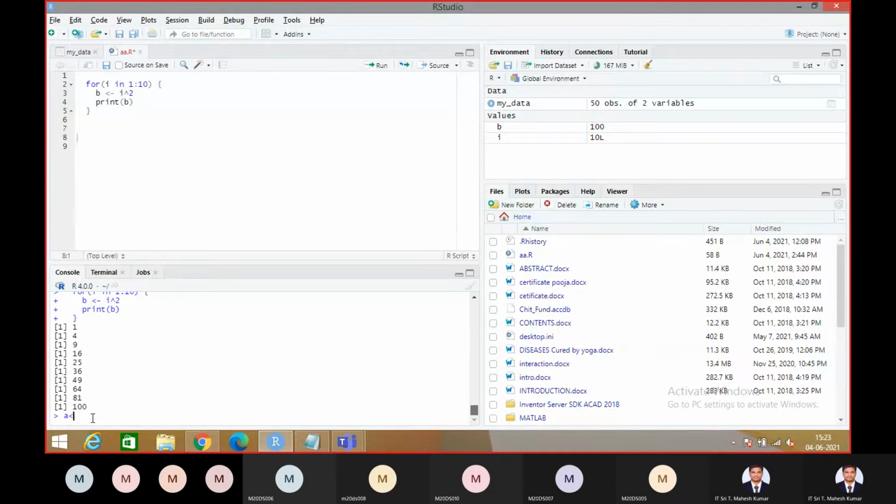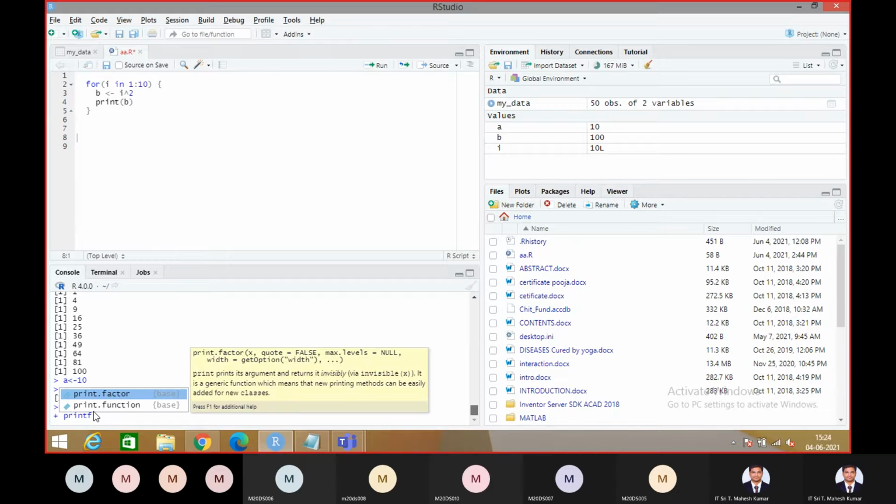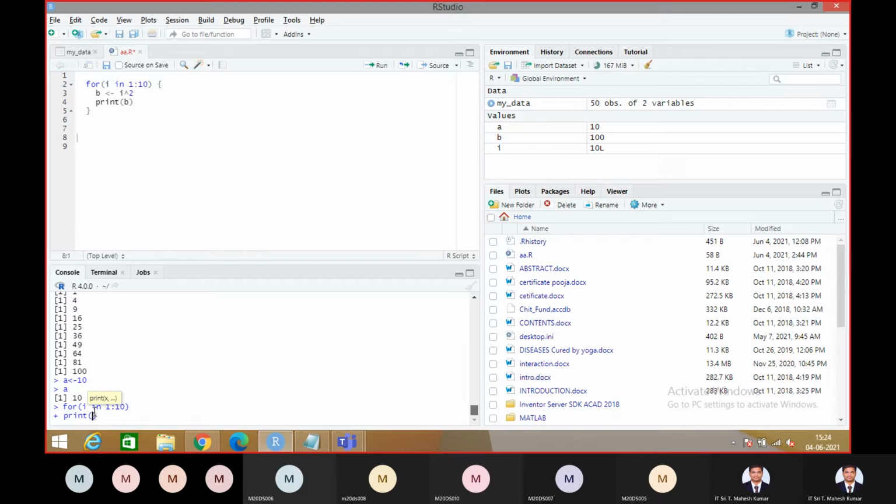For example, see here, I gave A as 10. When I print A, immediately it is going to respond. But whenever I want to write some program, for example a for loop, say I want to display 1 to 10 by using a for loop, and print some value, for this purpose we'll use this one.